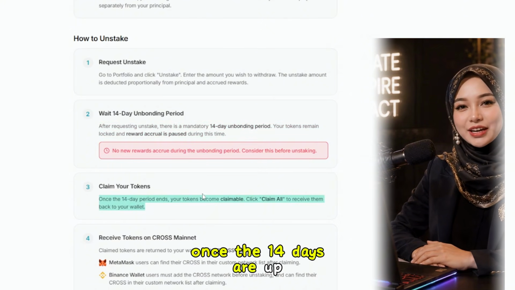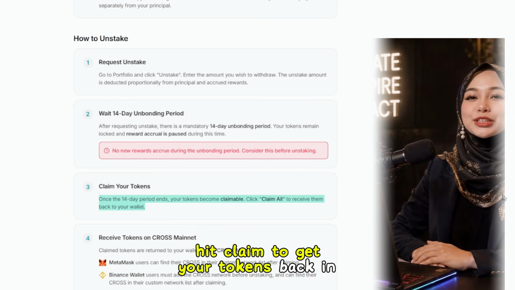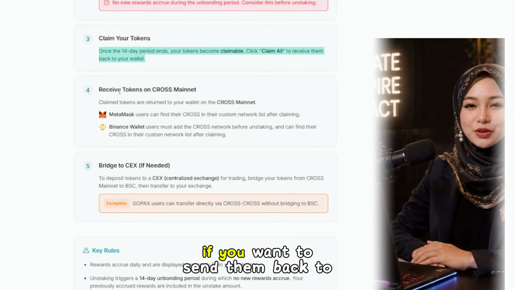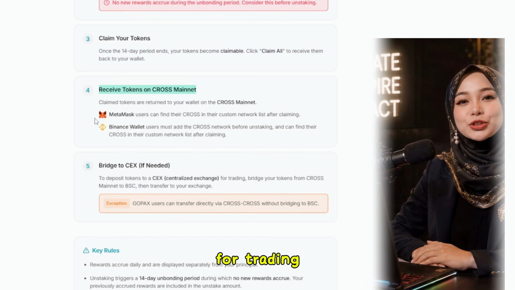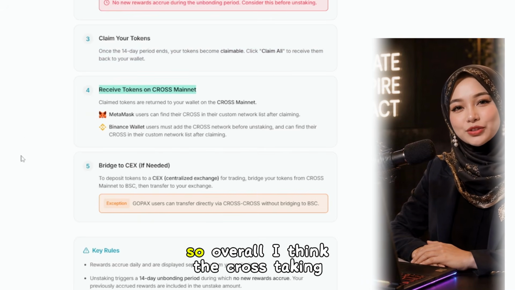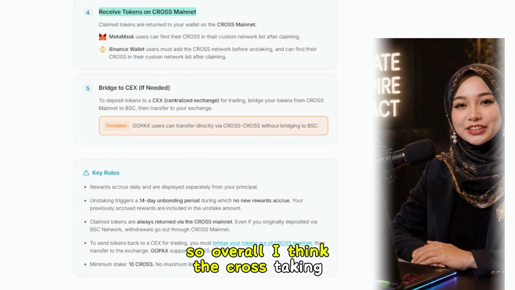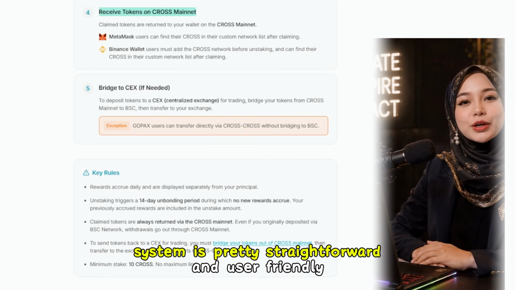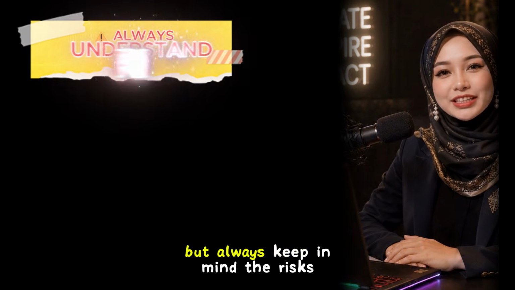Once the 14 days are up, hit claim to get your tokens back in your wallet. If you want to send them back to an exchange for trading, you'll need to bridge them to the right network first. So overall, I think the cross-staking system is pretty straightforward and user-friendly, but always keep in mind the